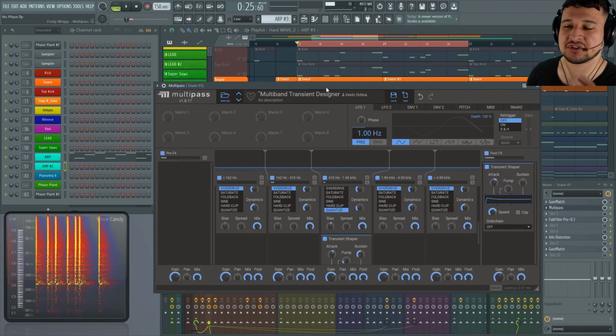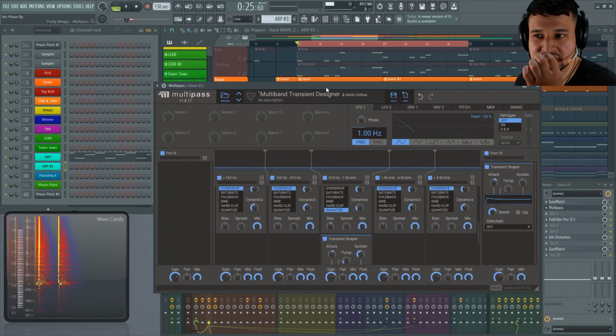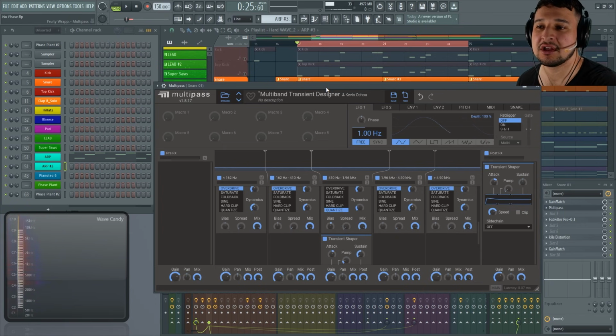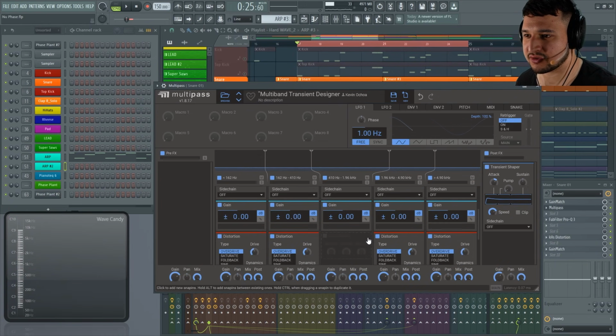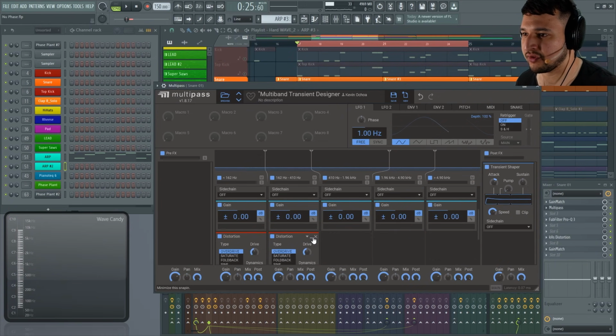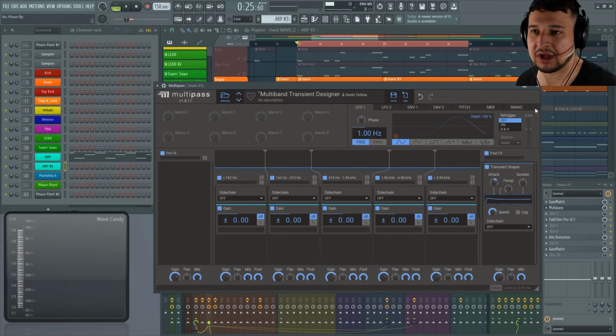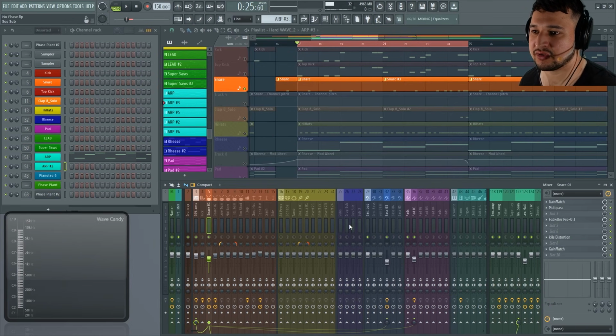And now that snare has just a tiny bit more ring to it. Just a tiny bit, but enough to make it ring more, sustain more in the listener's ears. Let's get rid of those extra processors right there. And we're going to move on to the next sound, which is how I added a little bit of saturation